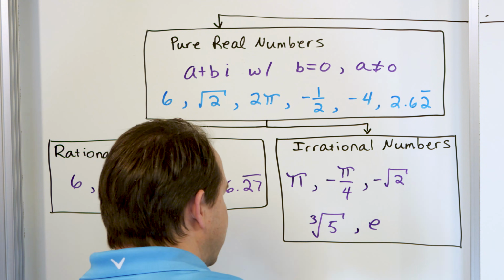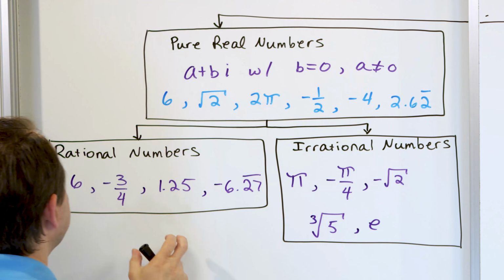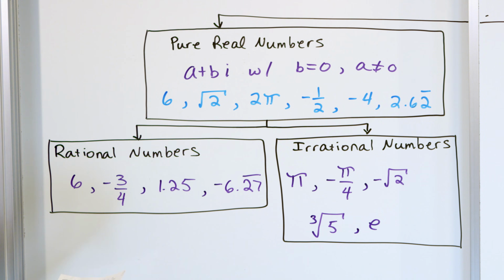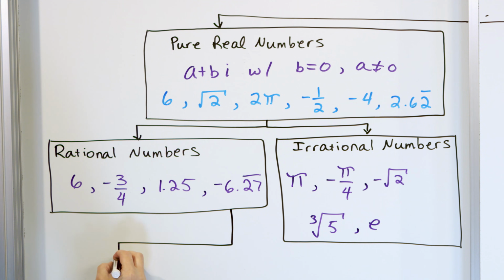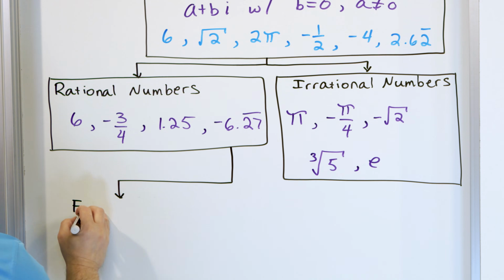So that's the end of the road for the irrational numbers, but we still can break down the rational numbers a little bit more if we want to, right? So I'm going to draw another branch right here. Underneath the rational numbers, you can have the fractions and you can also have the integers. That's how we can break that up some more. So we have fractions,